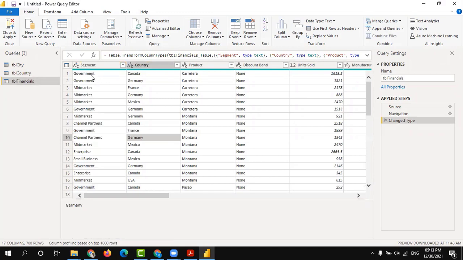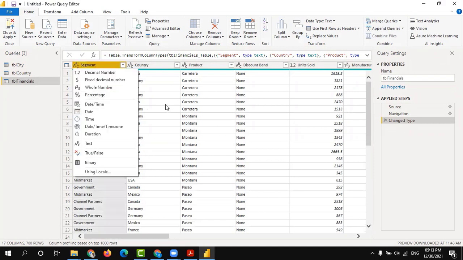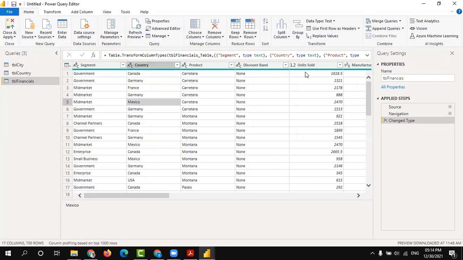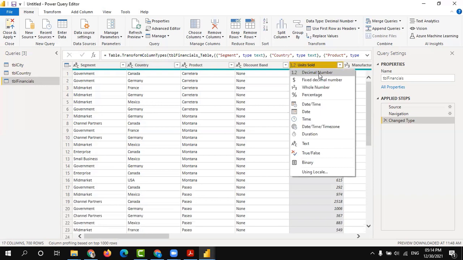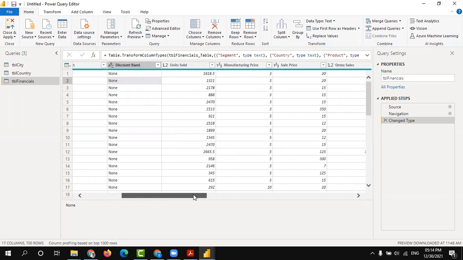Any field containing alpha and alphanumeric data will be treated as a text field. And any number with decimal places will be considered a decimal number. Here you can see that icon 1.2 for decimals. The same data type is applied to units sold. And the first four fields are treated as text fields.